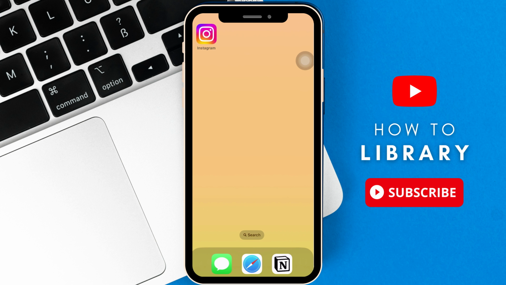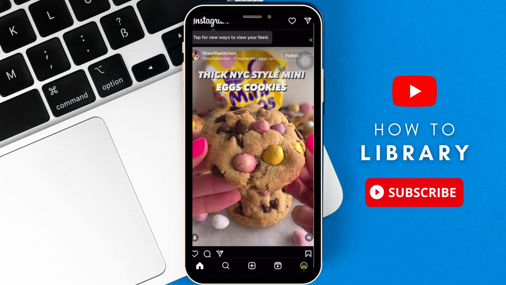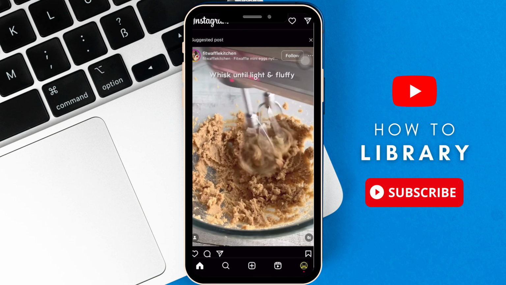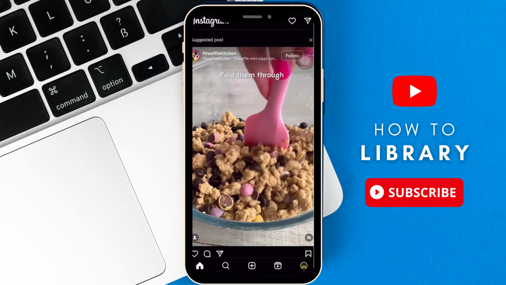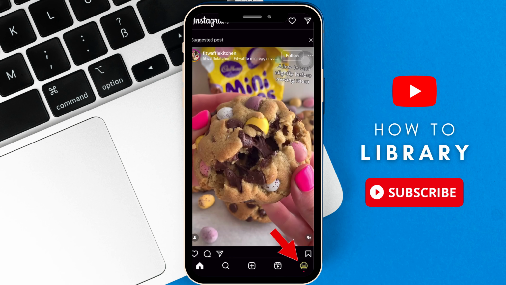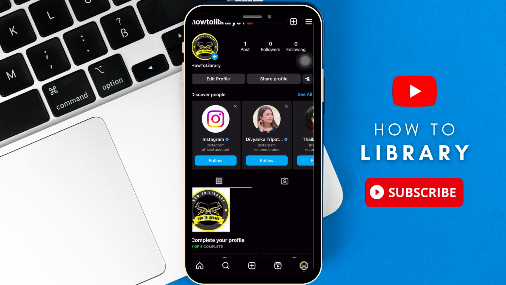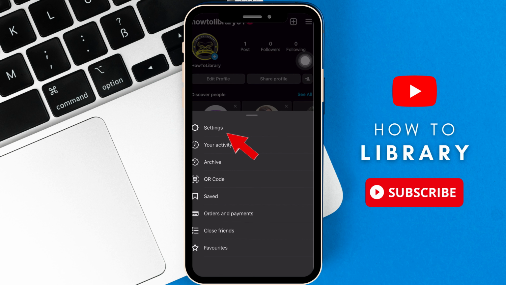Let's open up Instagram. Press and hold the bottom right icon and open the account where we want our notifications to be turned off. Open your profile by clicking the icon on the bottom right and tap on the three lines at the top. Click on Settings